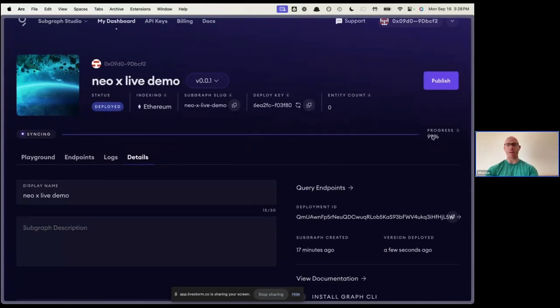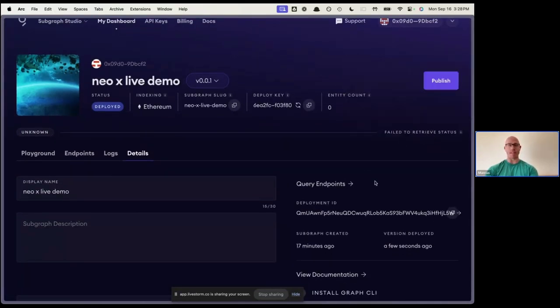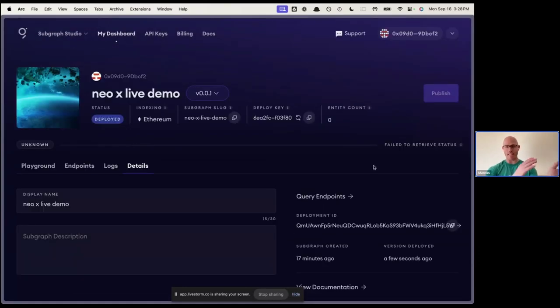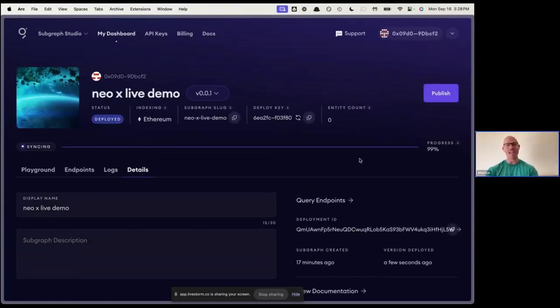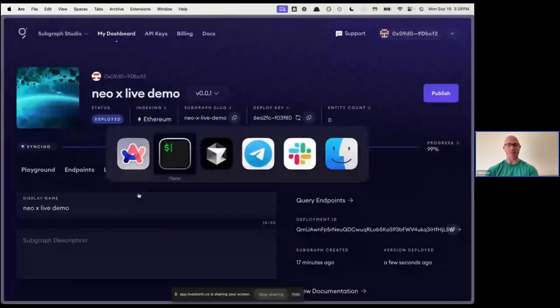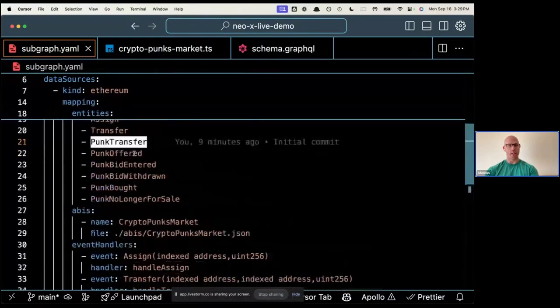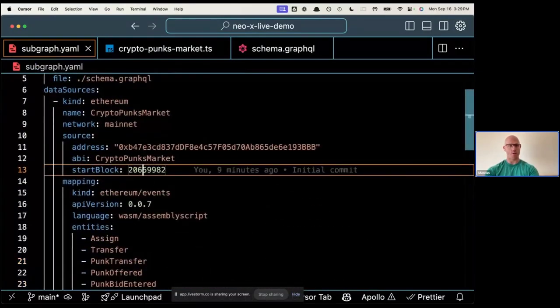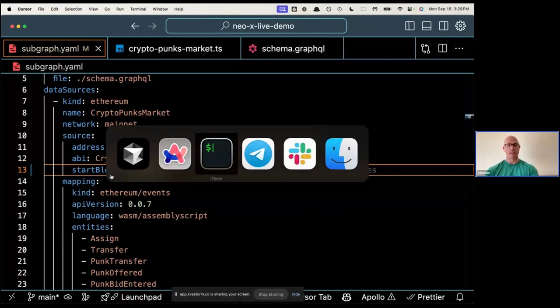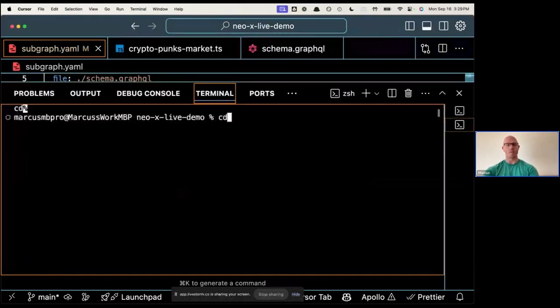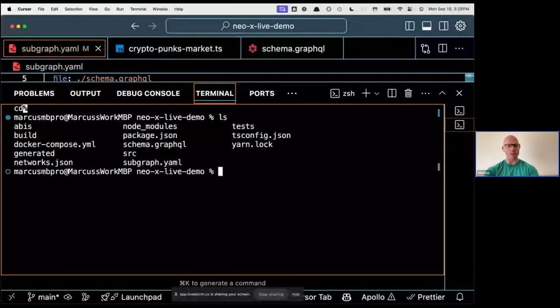We can see right now, since I chose a start block that was very recent, it's indexing nearly instantaneously, which is fine. But I could change the start block to a more past date. Let's just do that for versioning teaching right now. Let's just say, hey, we'll change the start block to 200. All right, now we have a new version. We'll save this, and we'll go back here. For consistency's sake, I'll do it in terminal. What do we have in here? What do we call it? We called it